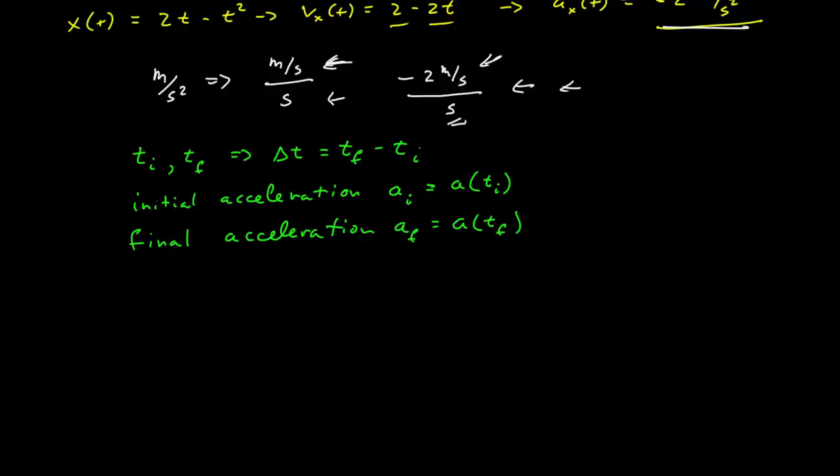And if I want to know, I can calculate the acceleration difference. I might call that delta a, which is then the acceleration final minus the acceleration initial, which I find by calculating the acceleration function at the final and initial times. And then if